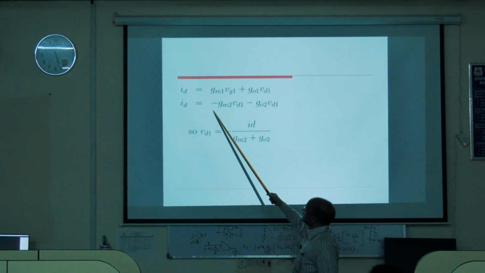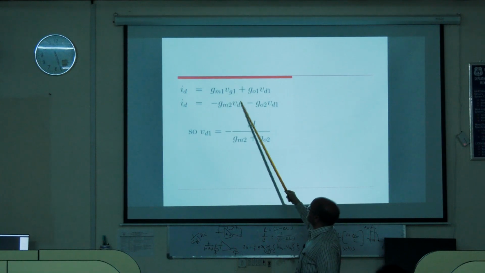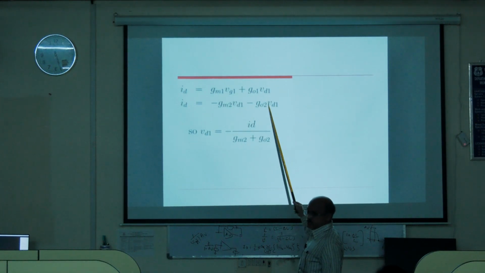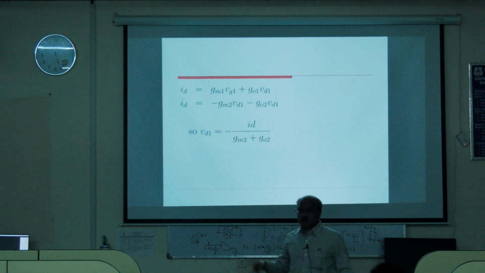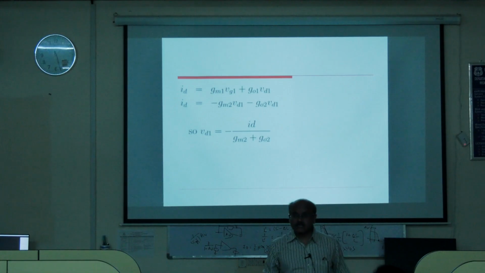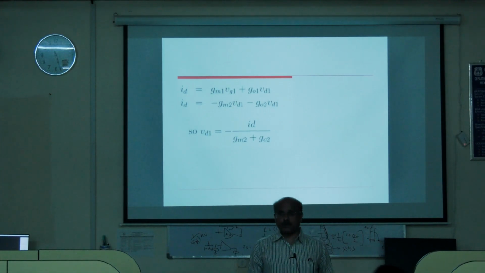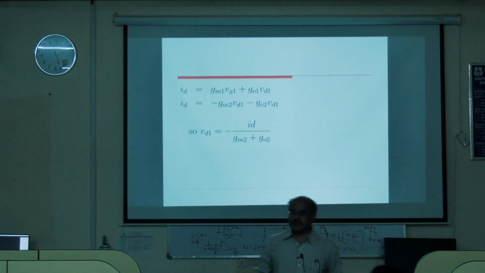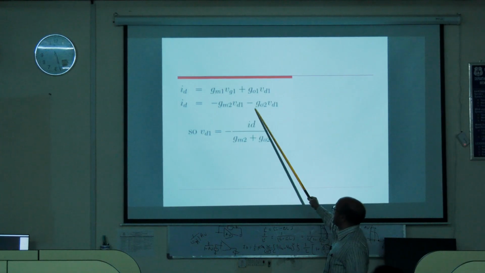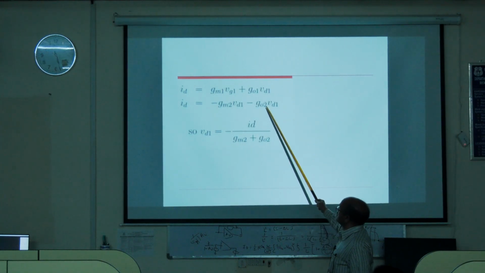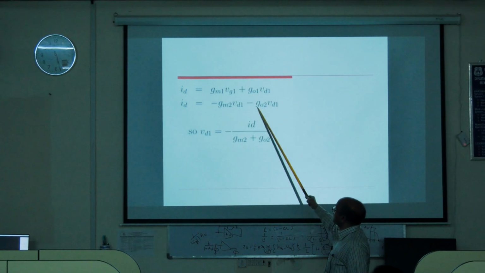For M2 it is Gm2 Vg2 plus G02 Vd2. So Gm2 Vgs2. What is Vgs2? Vg2 minus Vs2. Vg2 is 0, 0 minus Vs2, Vs2 is Vd1. So therefore it is minus Gm2 Vd1, plus G02